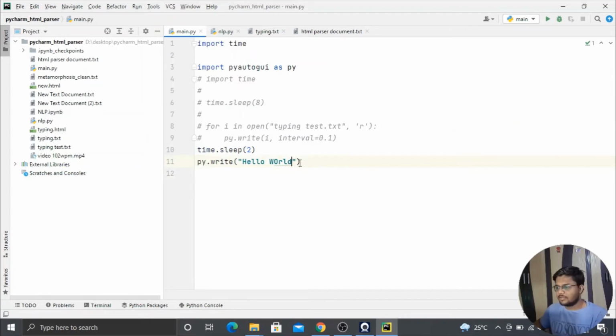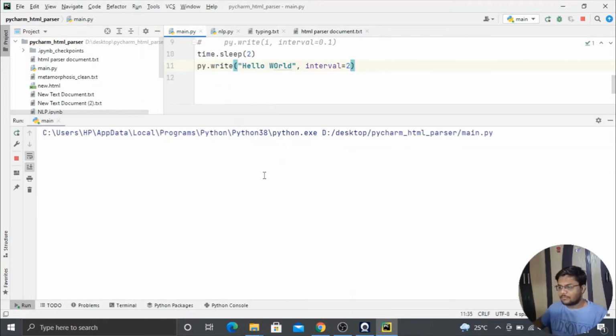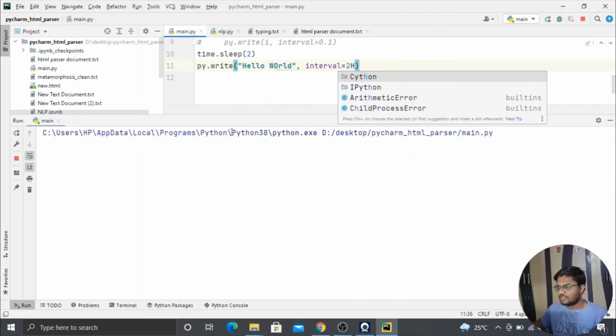Simply, guys, there is a second argument, that is interval. If you want to control the speed of your typing, then you can pass the other argument, that is interval. So I will pass here, suppose, 2 seconds. Now let's see, it will wait for 2 seconds, and now it will start writing.